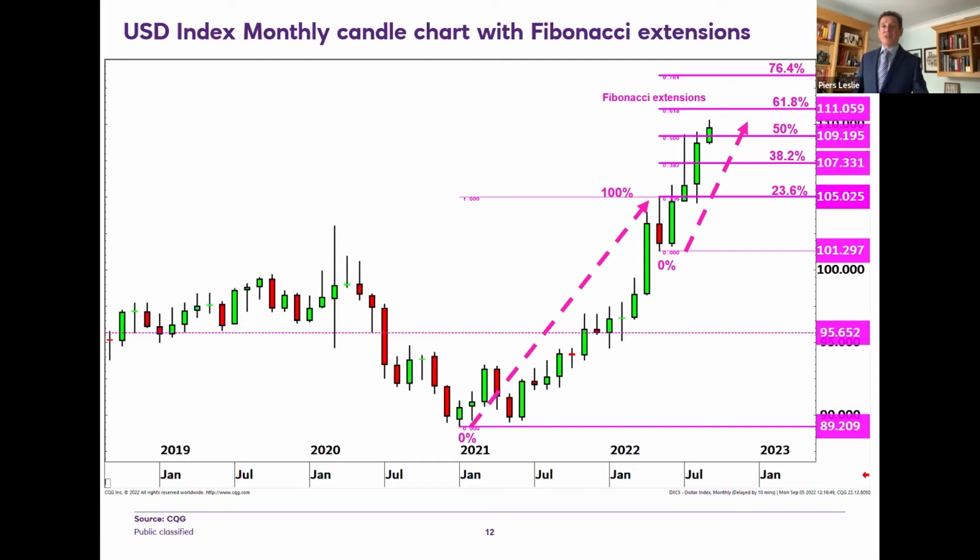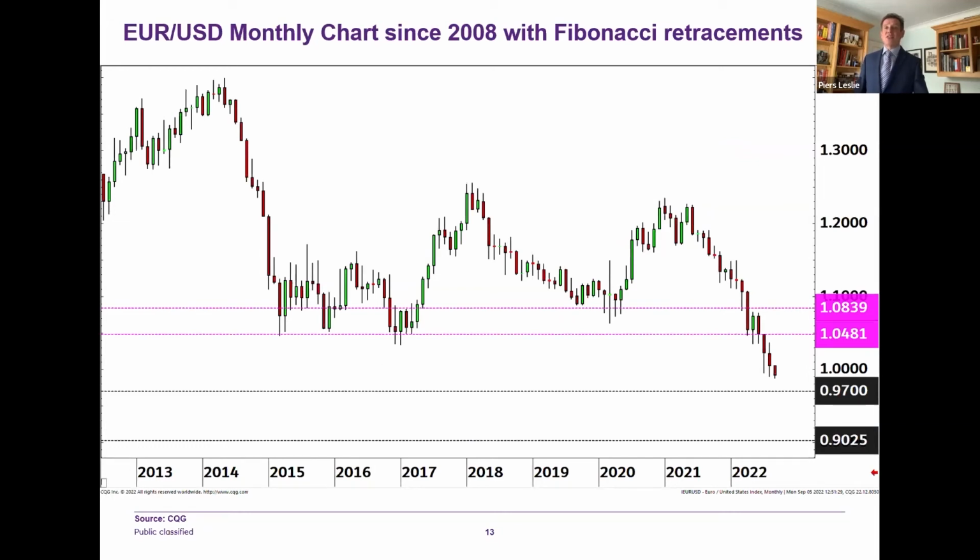So if we now go to the next slide, we're going to see how that translates into the actual currency markets. So on this chart, we have euro dollar. And if we look at the chart here, we can see that price has actually broken lower, and we're through this 104.08, which has been the support zone going back for a long time. If you look back at 2015, 2016, 2017, that all held the market each time it went down. We've now broken below that, and I see that area as resistance. So if you get any rallies now in euro dollar, I'd expect them to stall by the 104, 105 area,